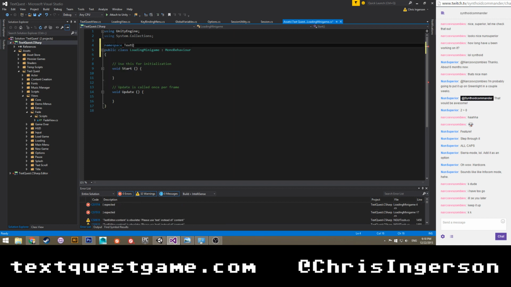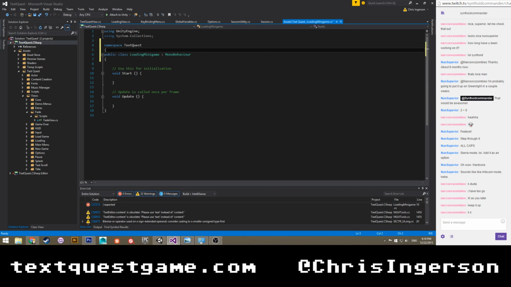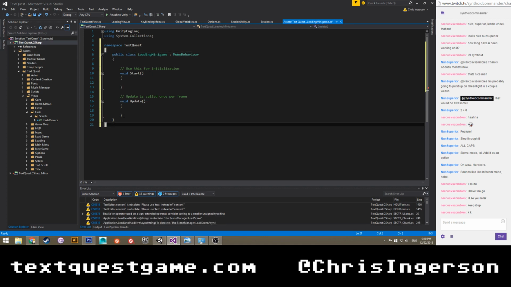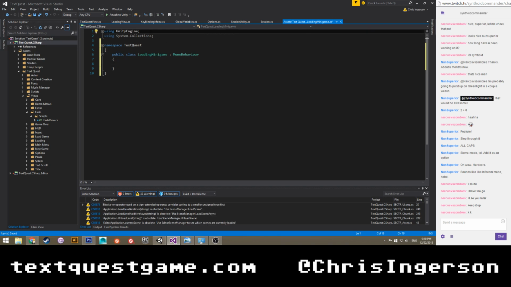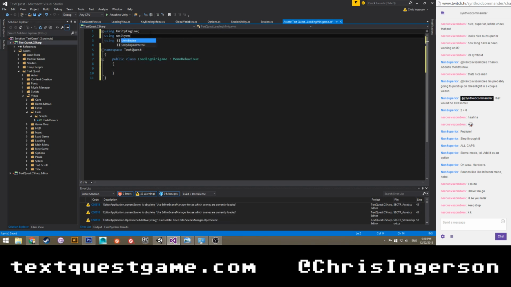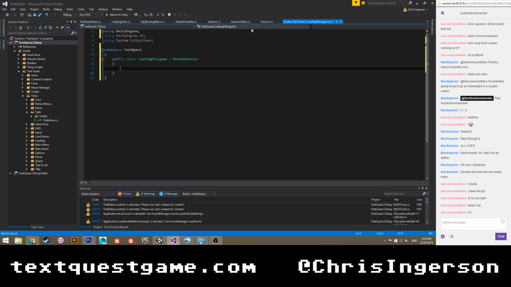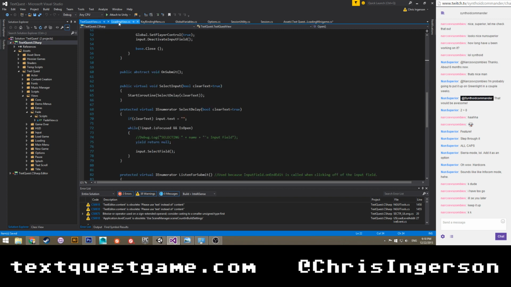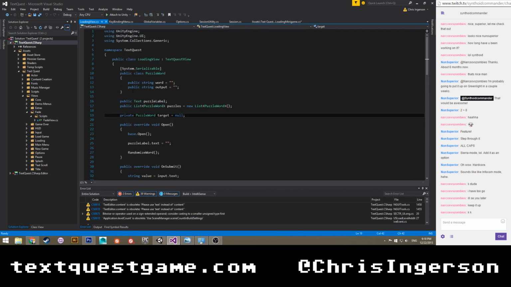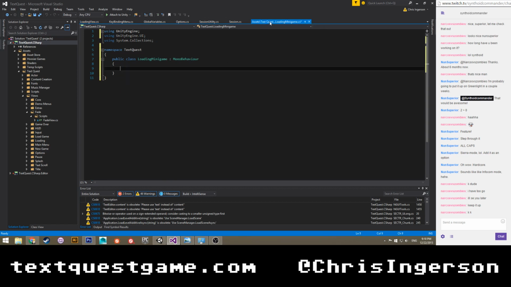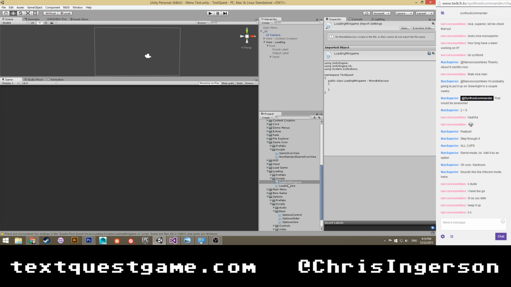Namespace TextQuest. Get rid of all this crap. Let's do using UnityEngine.UI. Okay, so, loading view. There we go. This is going to be tough. Save. Let's close it and open it back up again.